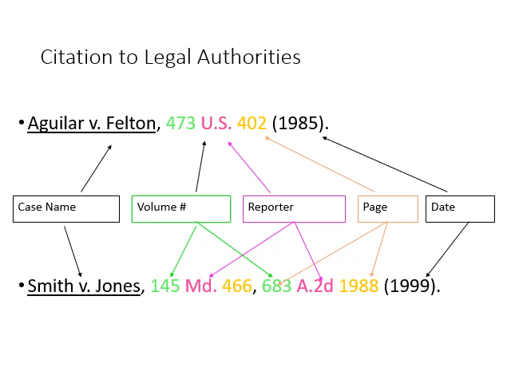Following Aguilar versus Felton, which is underlined, the case name, there should be a comma. After the comma, there should be a number. That is the volume number. This is followed by the abbreviation for the reporter, followed by the page number, and then the date of the publication of the decision. Not the date it was argued, not the date that the actual volume of the book was published, but the date of the actual decision of the case that you're referencing.